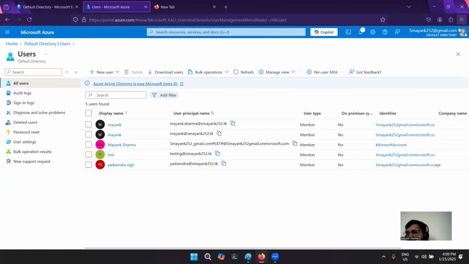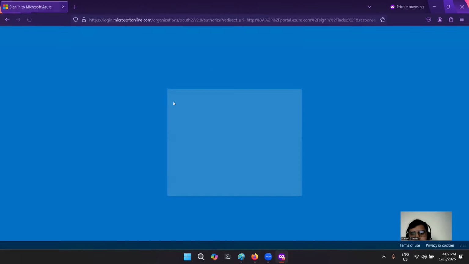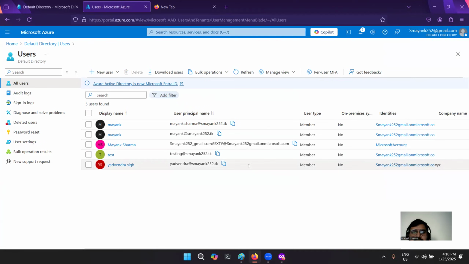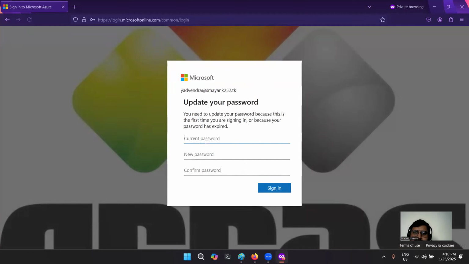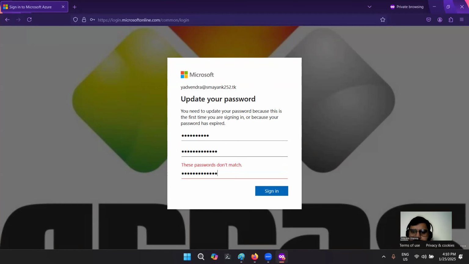So let me open the private tab. I'll select portal.azure.com. This is the name. Now this is the password that I am getting. Now you remember, guys, when I showed you how to create a new account, you can see I get the same banner and the same thing also. At that time also I had created a new Active Directory user. Okay, password doesn't match.